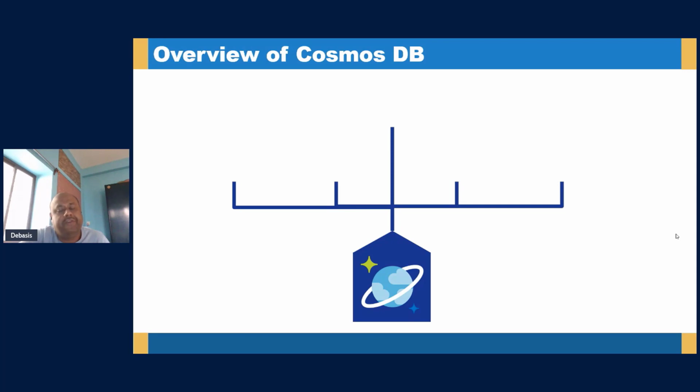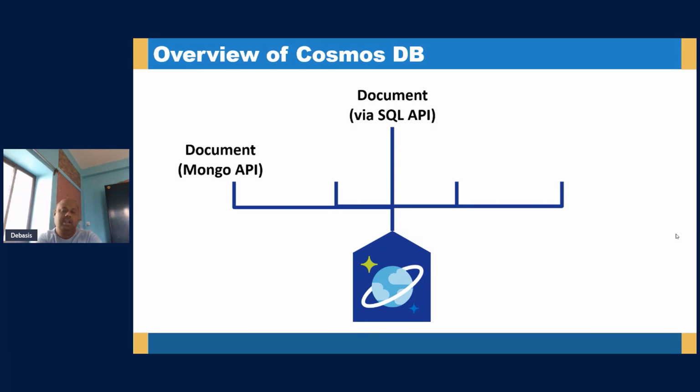Basically, Cosmos DB provides 5 different types of operations or APIs. One of the best or common default APIs is the document API, which is quite similar to the SQL-based API. We normally call this the SQL API in the Azure Portal. Another also supports the document-based object structure, but in that case we can use the Mongo-based API. The difference between document SQL API and document Mongo API is that both are Cosmos DB accounts, but when we create